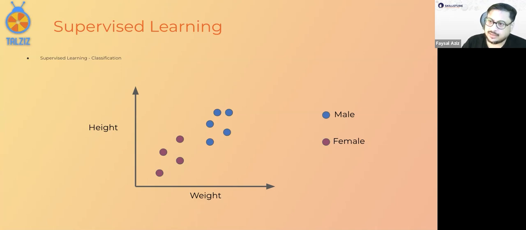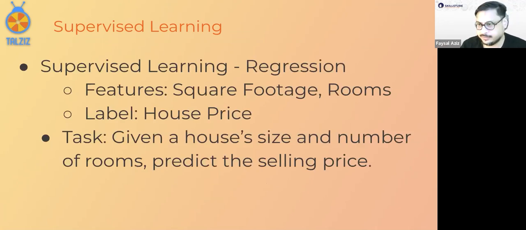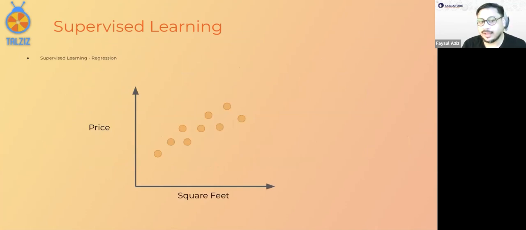But you see, this is classification. It's not continuous data. What if we had a continuous data problem, which we call regression? Yes, we could use that as well. Let's say I give you the square footage and rooms, and the label, or what you need to predict perhaps, is the house price. Of course, there are other factors as well, where the house is, what's in the surrounding. But let's take the simplest of features. What would it look like? It would probably be something like this.